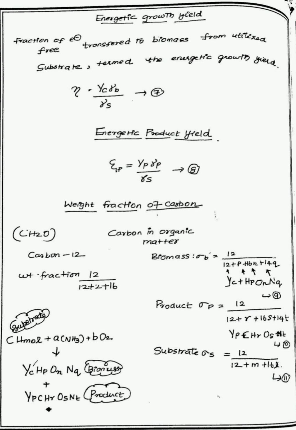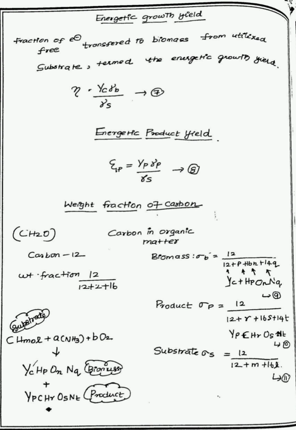In a similar way, whenever we are doing the microbial biomass, if they ask you to identify the carbon amount in the organic matter, what do we have to do? Do you remember the very first equation we have seen: the substrate plus nitrogen compound plus oxygen gives biomass plus product? On the left hand side I have written the same equation again, so you can see it. Now if they tell me to calculate the carbon in the organic matter, first I will take the biomass. Here you know what the biomass equation is,